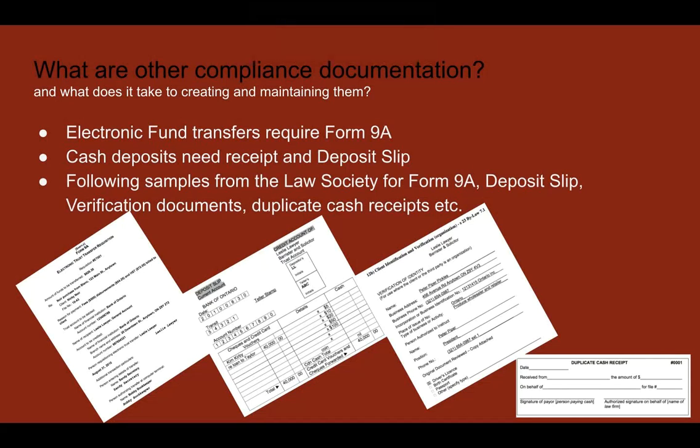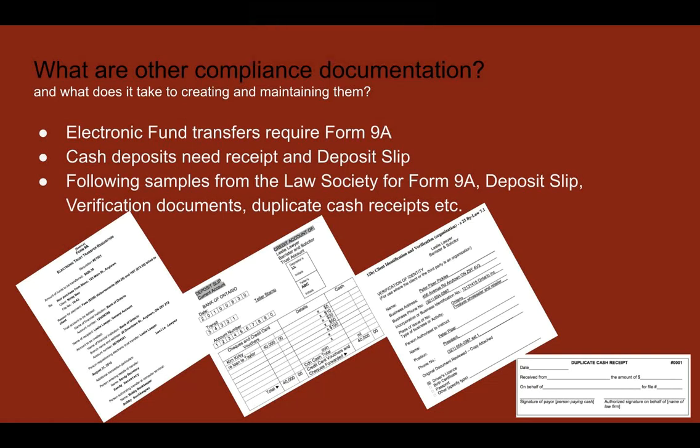Now, what are the other compliance documents as part of Law Society bookkeeping compliances? Definitely Form 9A. Form 9A, many of you, if you're from Ontario, you would know that every time you move money from trust to the general or out of the trust electronically, you're required to maintain this electronic fund transfer form, which is called Form 9A, and it needs all your numbers that you need to transfer from one account to the other account, mostly trust to the general in this case, telling it which client it belongs to,